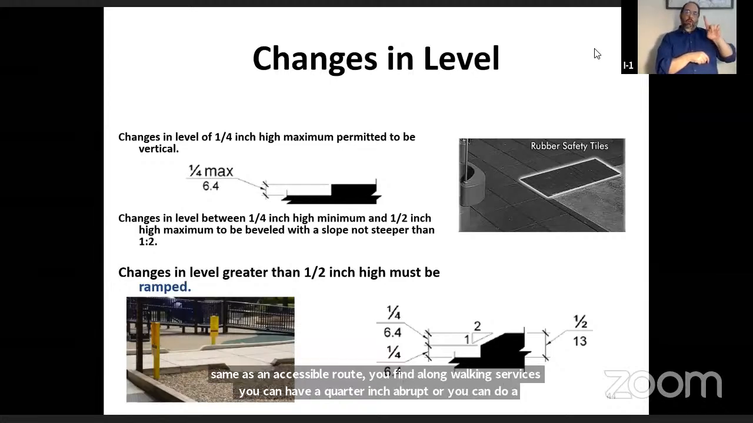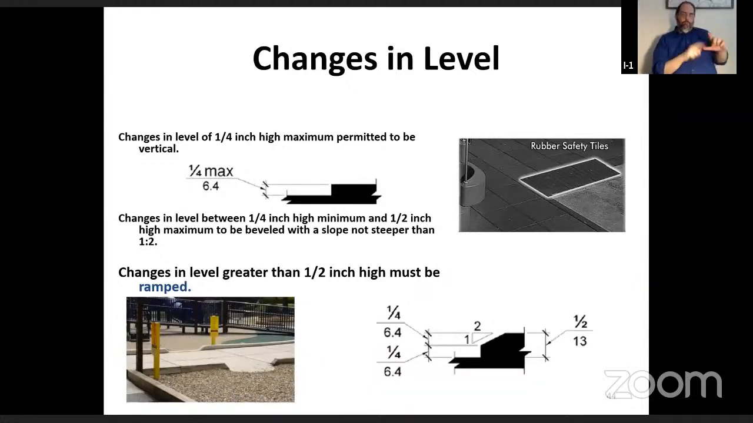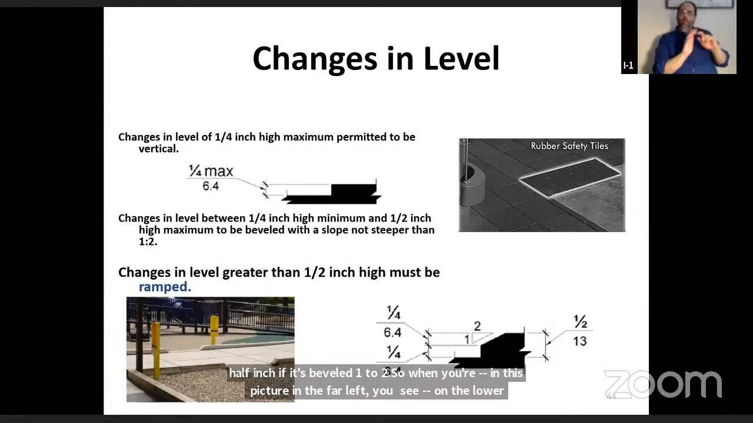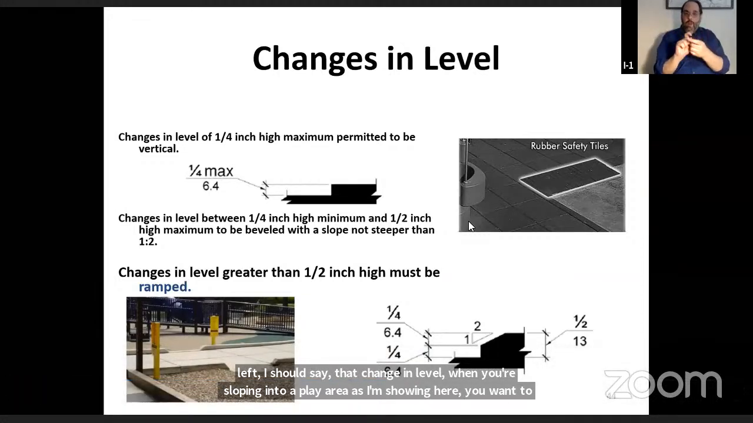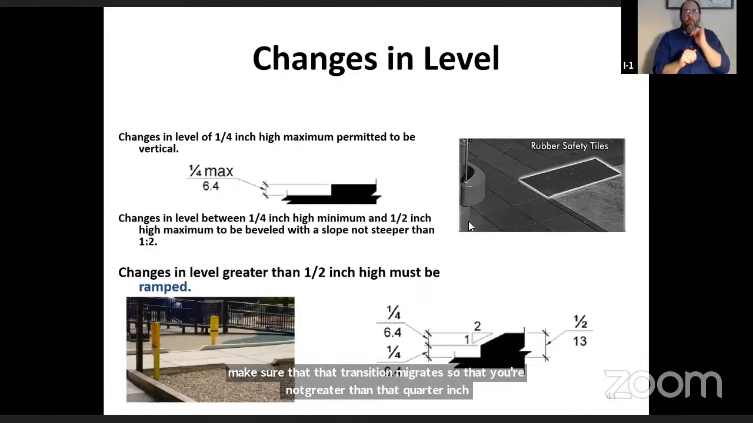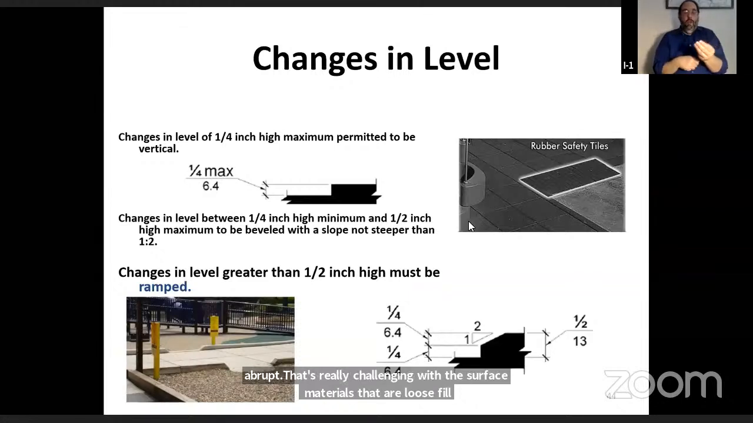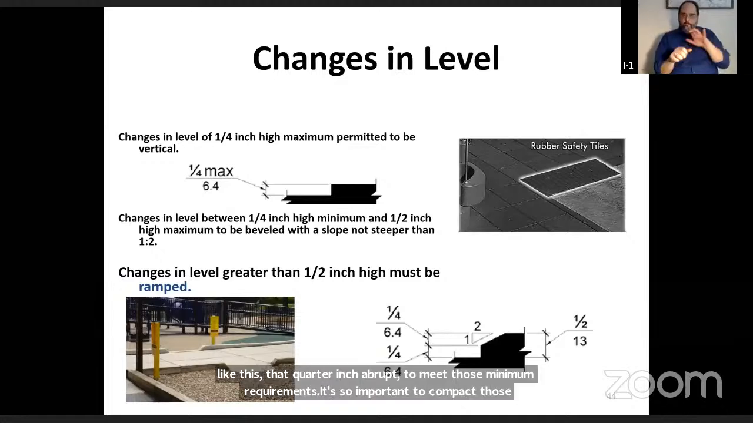So when you're in this picture on the far left, you see on the lower left, I should say, that change in level when you're sloping into a play area, as I'm showing here, you want to make sure that transition migrates so that you're not greater than that 1/4 inch abrupt. That's really challenging with the surface materials that are loose fill like this, that 1/4 inch abrupt, to meet those minimum requirements. It's so important to compact those loose fill products as hard as you can to make sure that